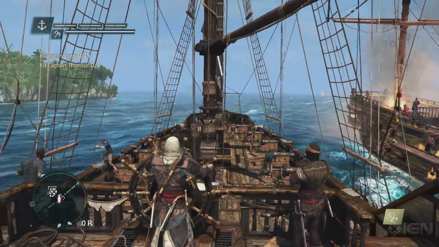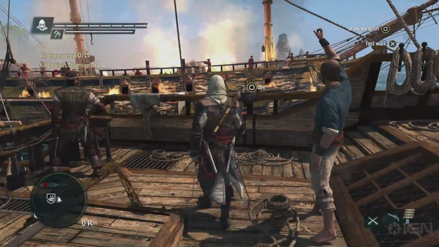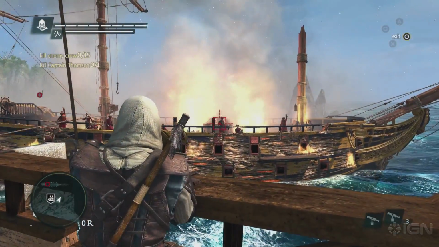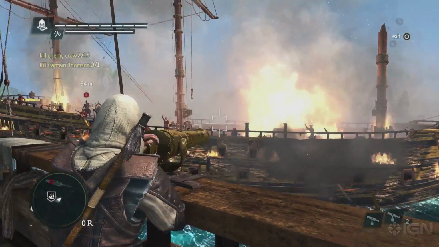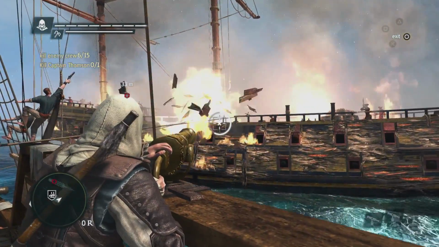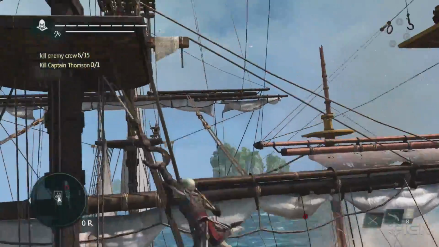We have two objectives. One is to take out the crew, so we're going to use the swivel gun. We could have jumped into the water instead. We can climb up the mast and take advantage over the enemy crew. We can even swing with the rope to go in guns blazing. But now that we've taken out some of the crew, we're going to go after the captain using Edward's abilities